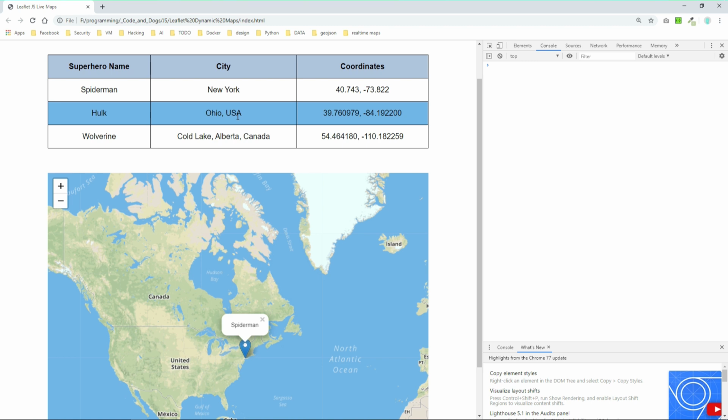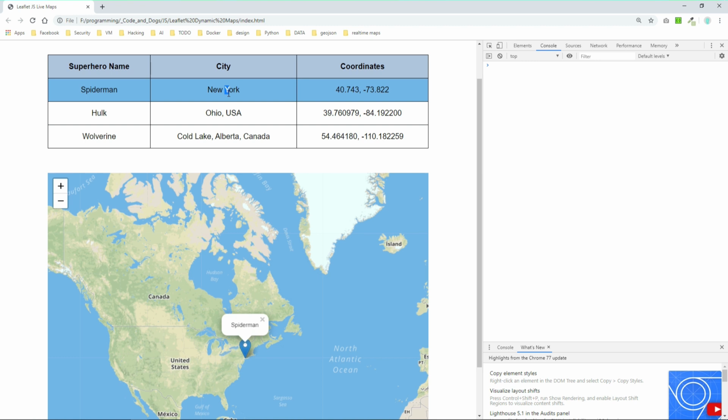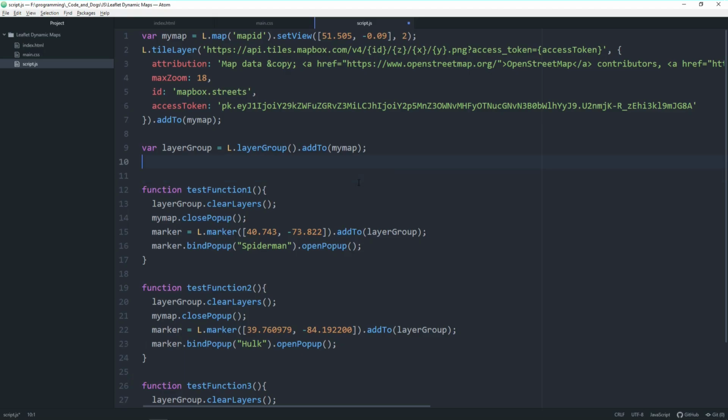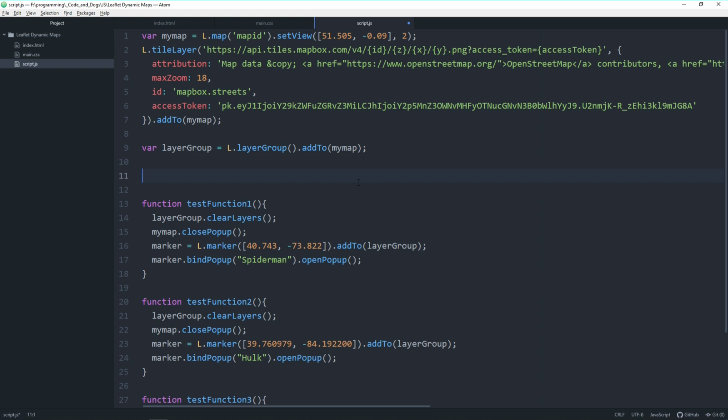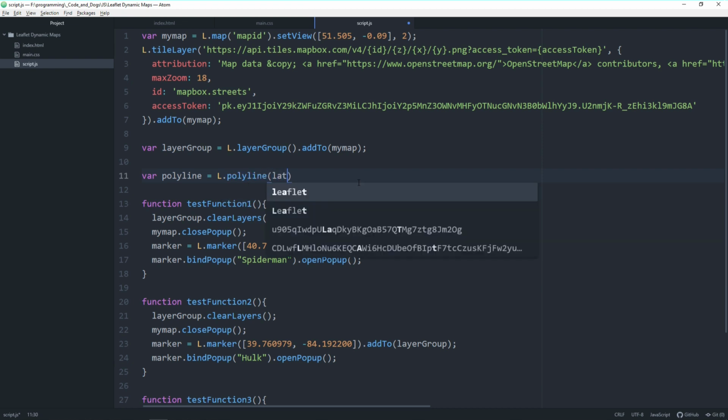And once we finish now the first feature, let's move on to the second feature, this drawing functionality, which we can completely implement in JavaScript. All right, let's head over to JavaScript and start with the implementation of our second feature. So basically, we make use of the polyline functionality here from Leaflet, which can be called with L for Leaflet and then polyline. And polyline requires a set of latitude and longitudes,